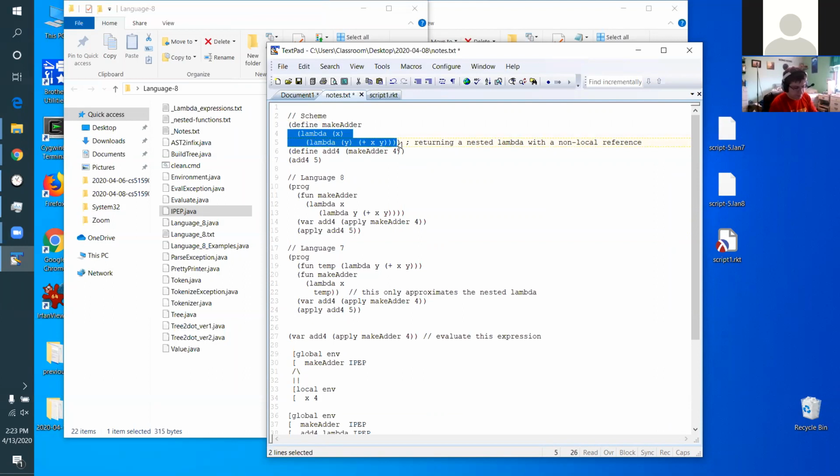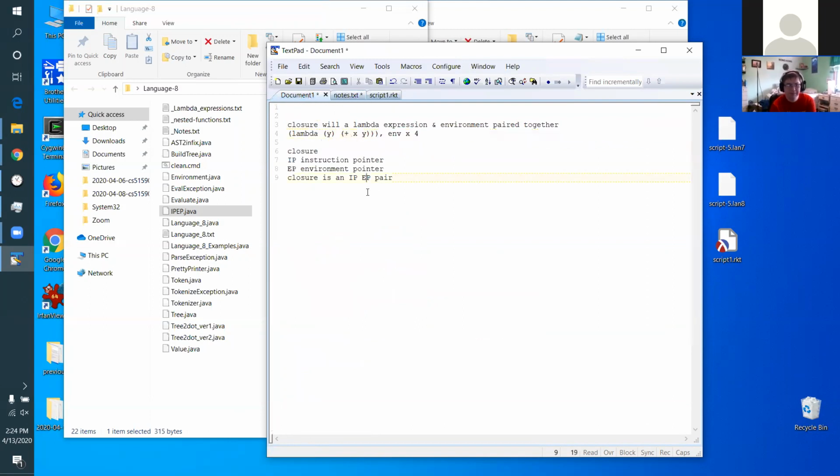The code is going to be explicit. The environment that goes with the code is going to be implicit. Okay, and we're going to set the rules for what the environment is. But from now on, a function is two things: the code you want to tell me to execute and an environment that tells me where to find the undefined variables. So for example,